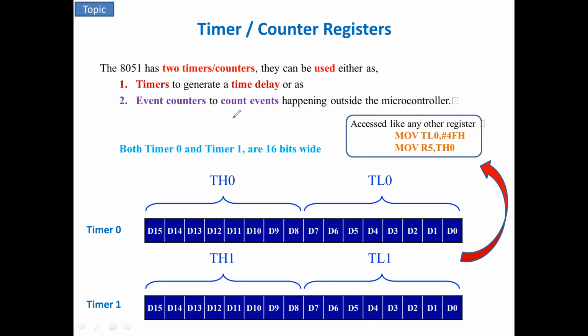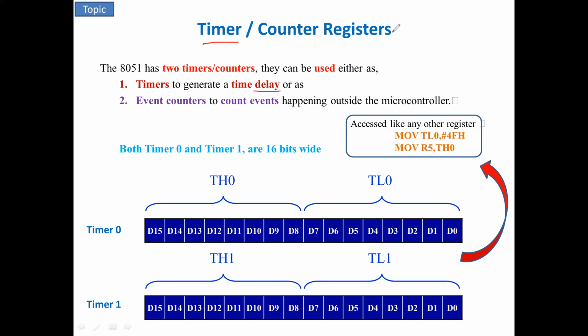Not only that, if I get some pulse, that event can trigger me to do something else. Those points are suitable for the counter. But mainly we use the timer for delay purposes, that you should know.